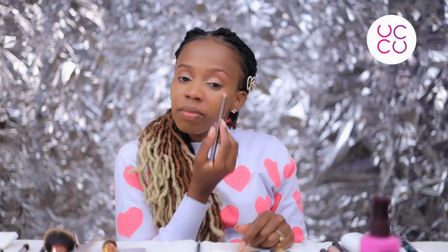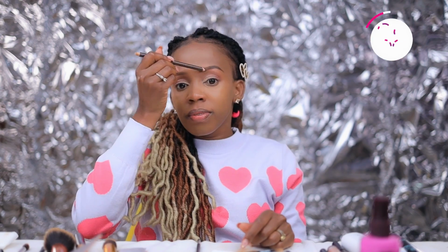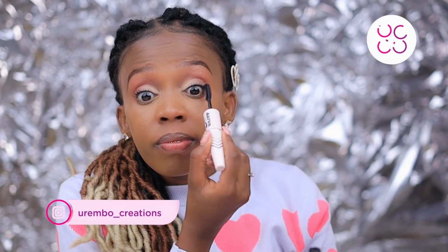Then you can define with an eyebrow pencil like I am in this video, and use a pencil that matches your eyebrow color. For example, if your eyebrow colors are dark brown, use a dark brown pencil. If your eyebrow colors are light brown, use a light brown pencil. Don't use anything that does not look like the color of your hair. Of course, if they're white, don't use a white pencil. Just use how your previous color used to look like,